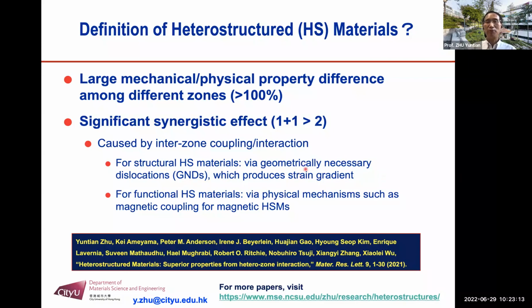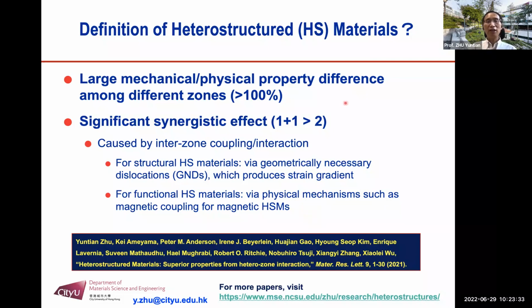We will elaborate more on that later. For functional materials, this coupling and interaction is via physical mechanisms, such as magnetic coupling for magnetic materials, magnetic heterostructured